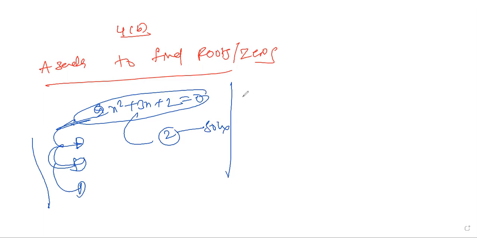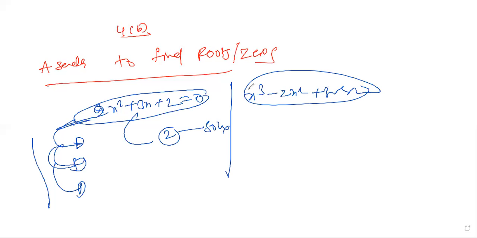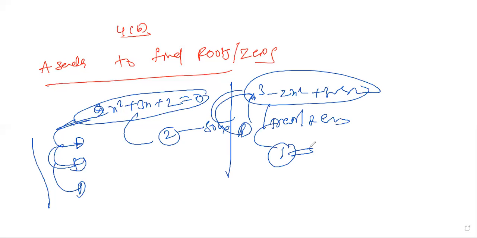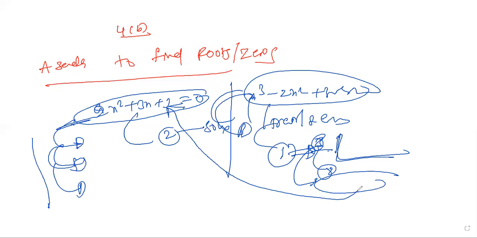Now you are seeing a third order equation. Let us say x cube plus 2x square minus 3x plus 8 is equal to 0. This third order equation we cannot solve directly. First of all, we go for the trial and error method. By trial and error, we can find one root. By using this root and applying a method, we convert the third order equation into a second order equation. Then the second order equation you can solve like the previous one, with quadratic equation methods.